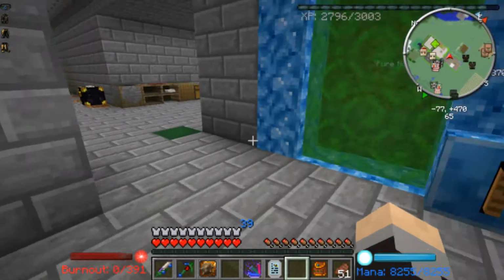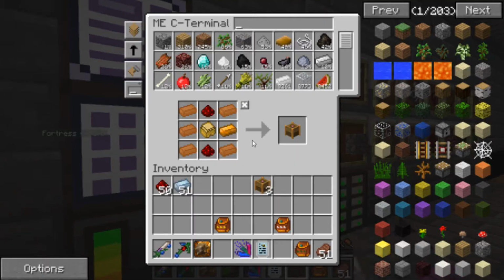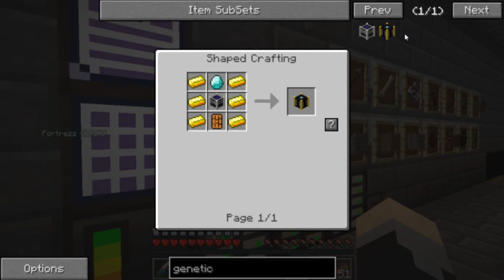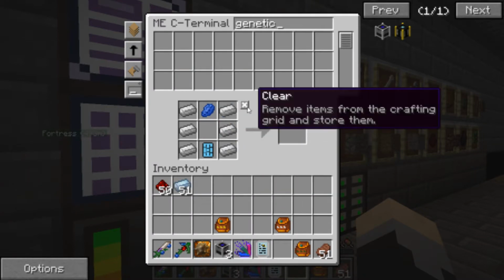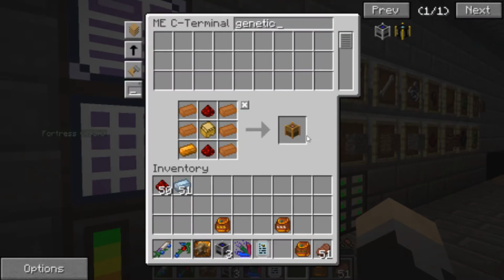Alright, so now that we have the basic machine, we can make the genetic machine. Alrighty, and the... No, not the advanced. The basic genetic machine. Except for you, which is fine, and there we go. So now we have 3 of the basic genetic machines, and you know what, let's just go ahead and